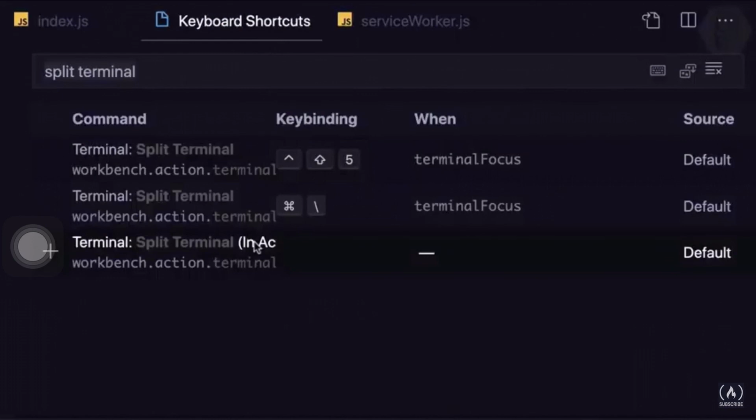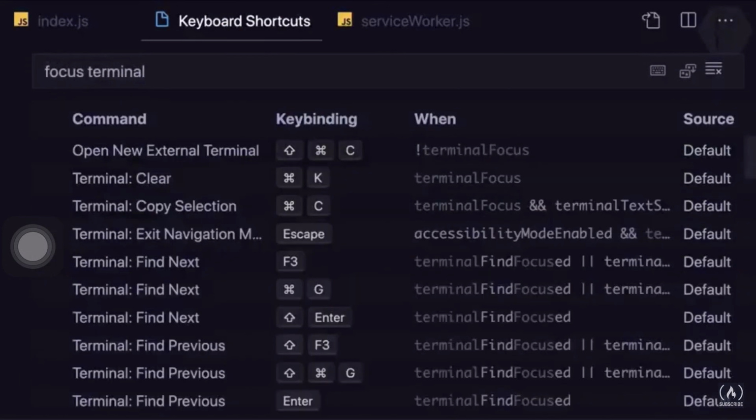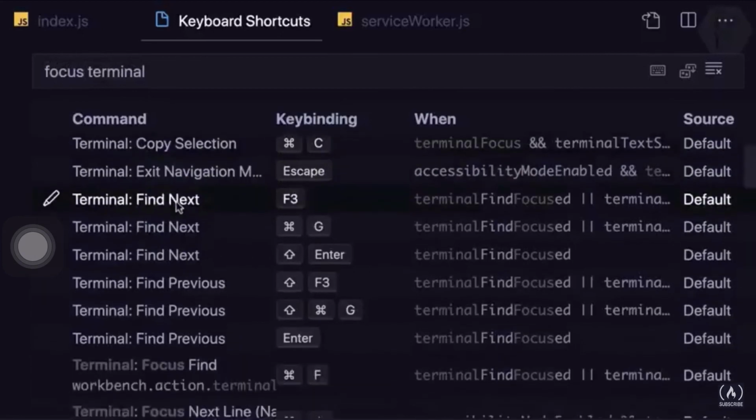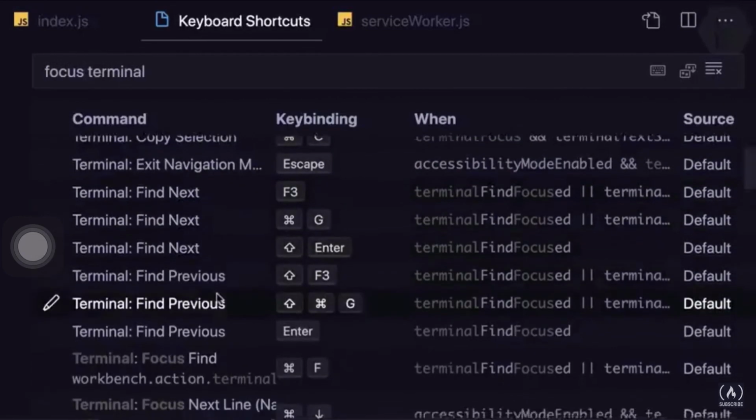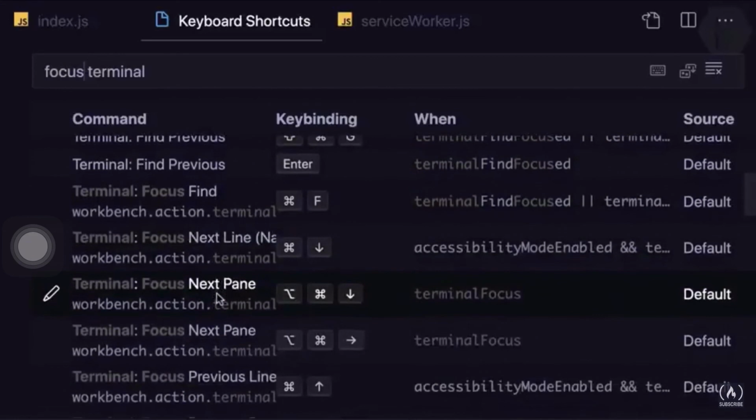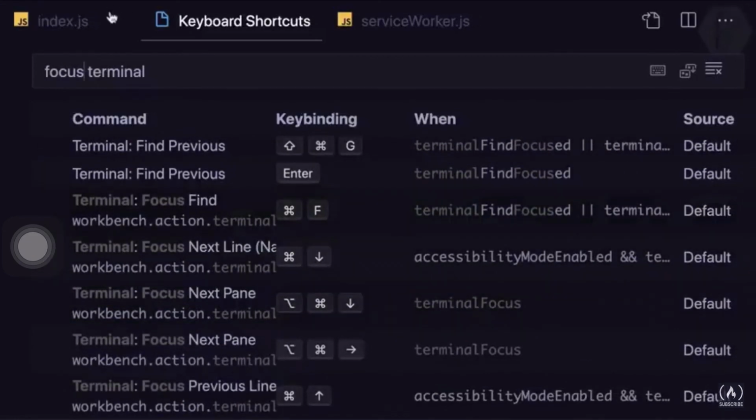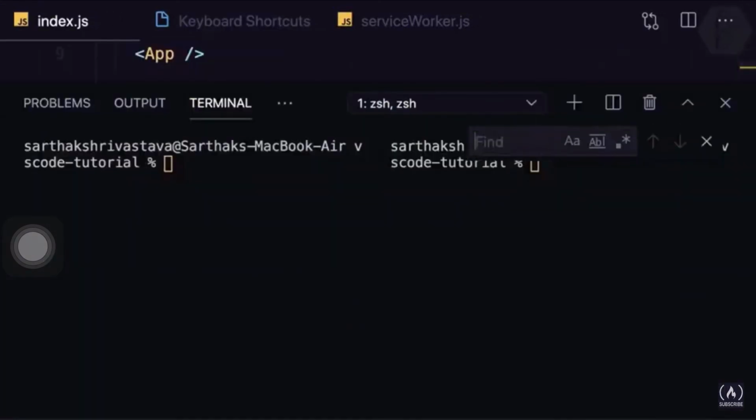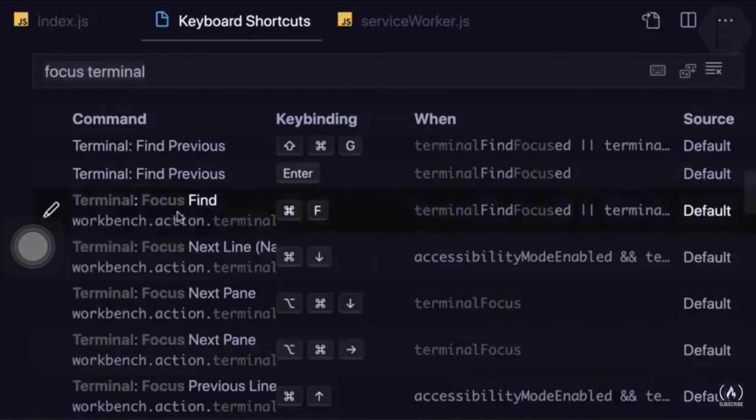So split inactive, no, I can say focus terminal, and find next is there, find previous is there, focus next. Okay, Command F, let's try. So Command F, now this is searching. Okay, focus